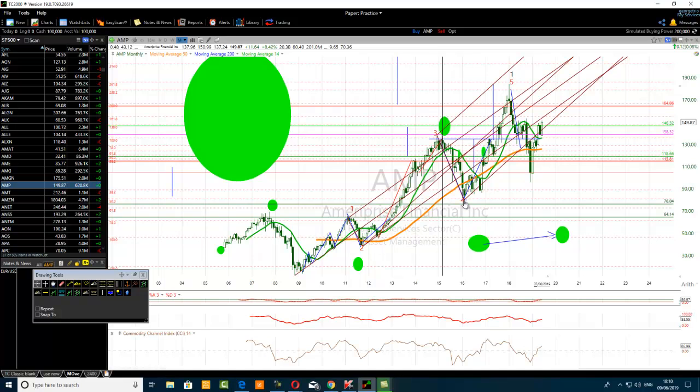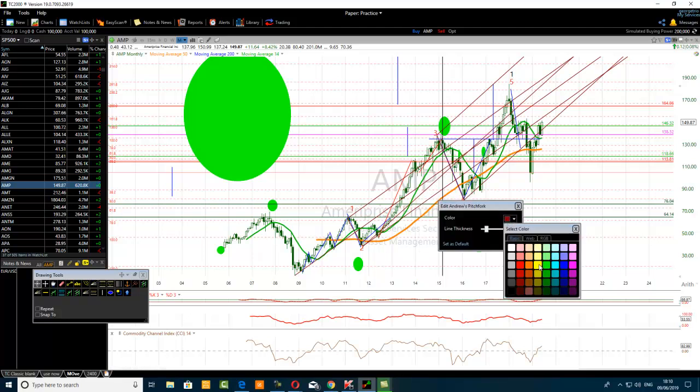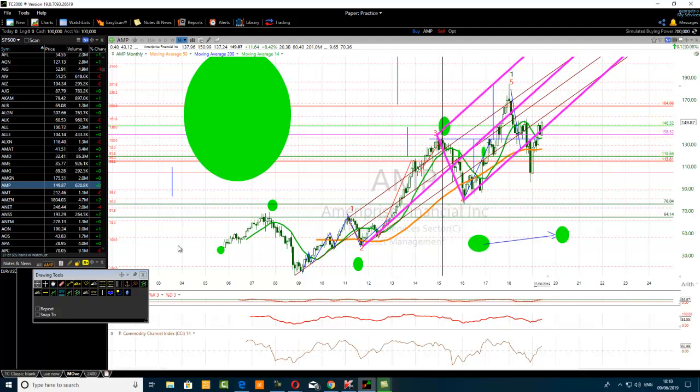Don't get confused, because I'm going to change the color of my second pitchfork tool. Color into pink. Can you see now? That's my second pitchfork tool.